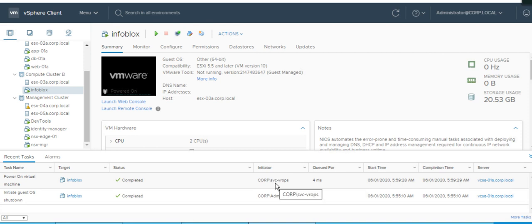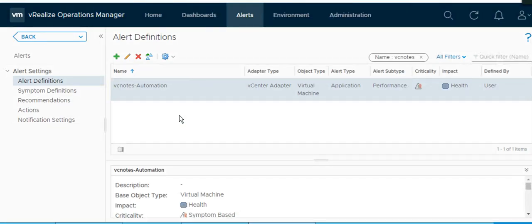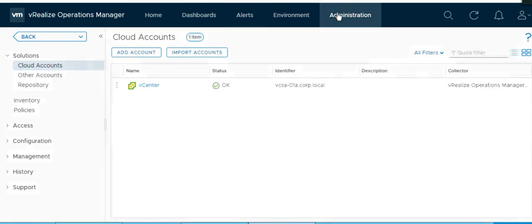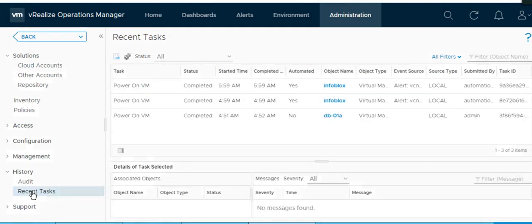Let's see the artifacts here, that VROPS actually powered it back on. If you click on the administration here, go to the history tab and then click on recent tasks. You will see that this virtual machine is powered on by the automated action of the VROPS.